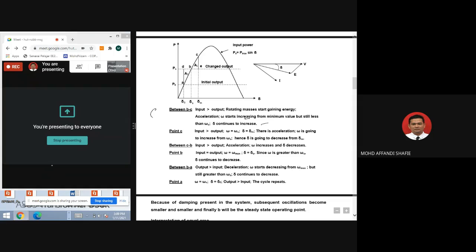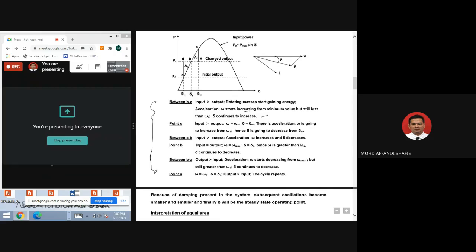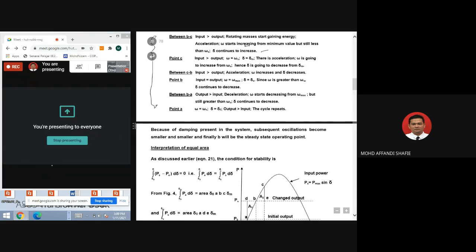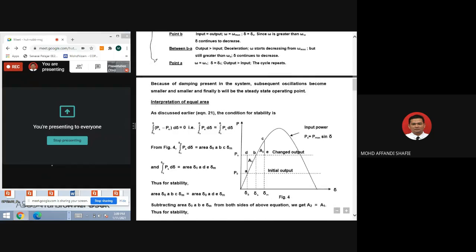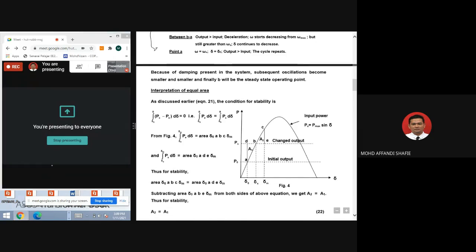So what happened here? How the angle sigma will be changed with respect to the time. Because of the damping present in the system, subsequent oscillations become smaller and smaller, and finally B will be the steady state operating point. So from the interpretation of the equal area here, what we can see is